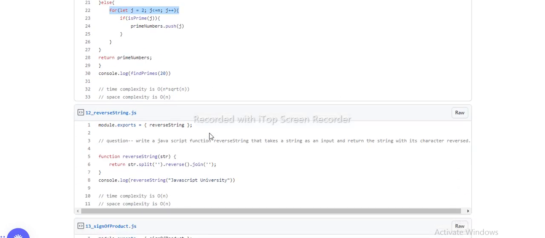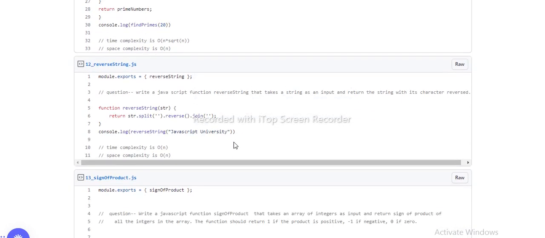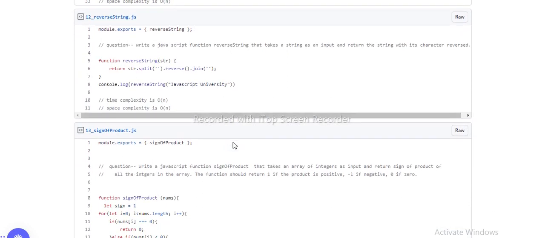Let's move to the next question. Reverse string. The question is, write a JavaScript function reverse string that takes a string as an input and returns the string with its characters reversed. Here in this code, we have used